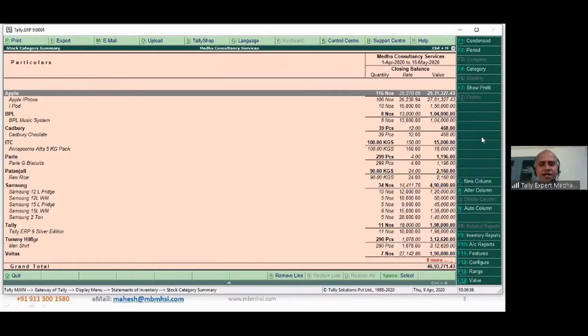Now this is just an example I have given to you. You could start thinking from your business perspective, in your organization, how you could categorize this. Are there any questions before we move forward? If there are any questions, please put them in the chat. We will come back to that later.